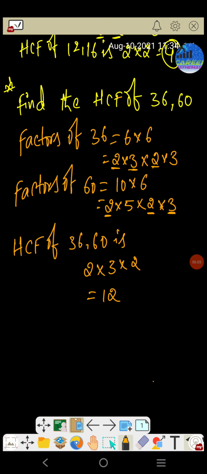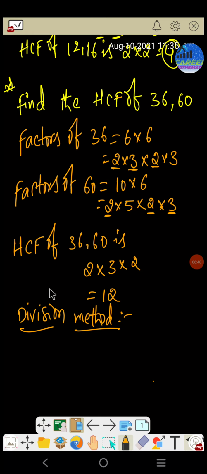Next, how to find the HCF in the long division method? In the long division, by using these two numbers only. So, division method. Actually I said tree method. That is the tree method to find the factors, to find the common factors. But to find the HCF we can use the division method here. Is it clear? In that method also we can find it, no problem. But maximum students will ask how to find the HCF in the division method.